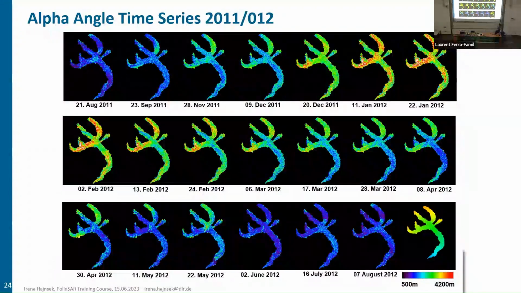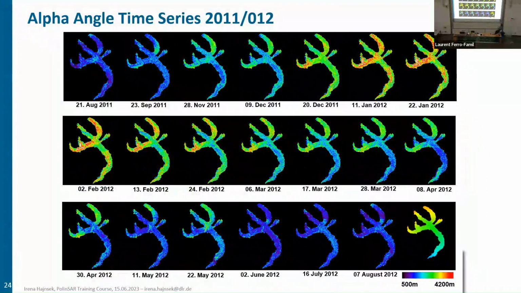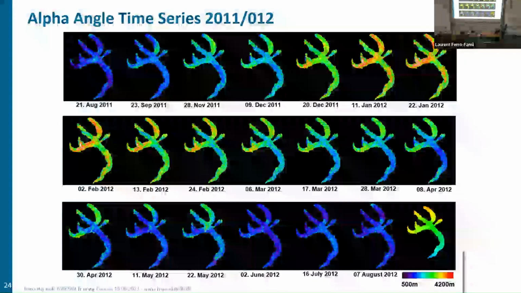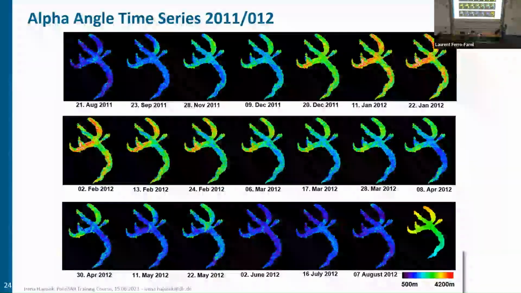You've seen it already before, only for one scene. Now you see it here for the whole series, again starting with August. So wet surfaces, we see here very, very low alpha, and then increasing when we have the first snowfall and the penetration then into the snow, the dry snow. And you see also here some regions are particularly stronger than other regions, for example, right? That's also very interesting. So it's changing also spatially within